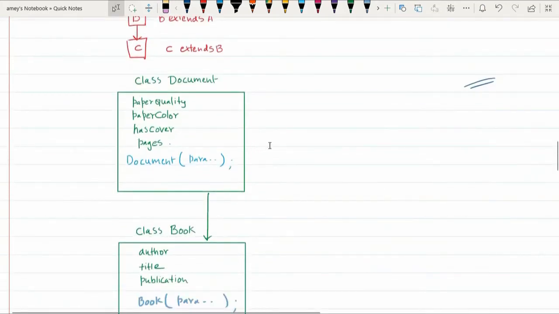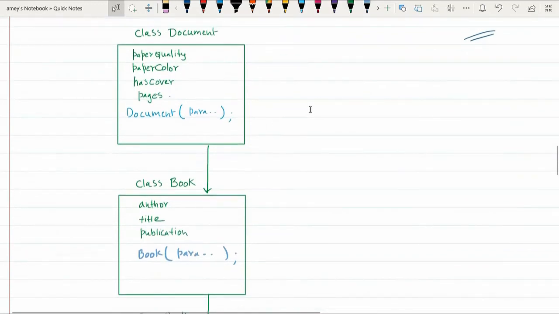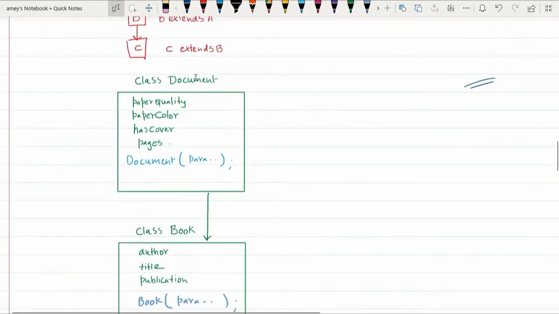Now to show you an example program, I have taken one realistic example. I have created a class called document. This document represents any of these text documents, print documents. For example, it could be a newspaper, it could be a book which has a nice cover and good quality of pages. It could also be a student file, or a notebook and so on. So in general, document represents a print version of the paperwork. This is the class called document that we shall see.